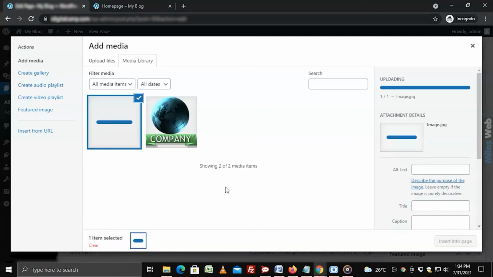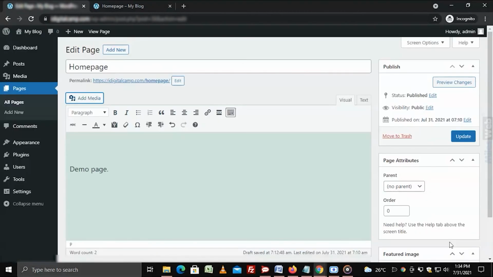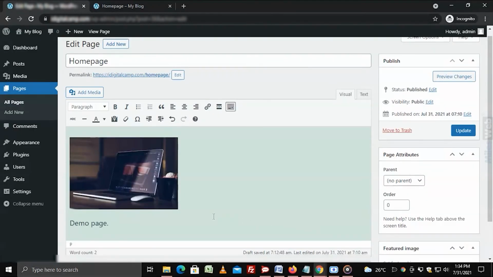This window also enables you to access previously uploaded files by clicking on the Media Library tab. Select the file that you want to add and click on the Insert into Pages button. You can change the alignment of your image even after inserting it.